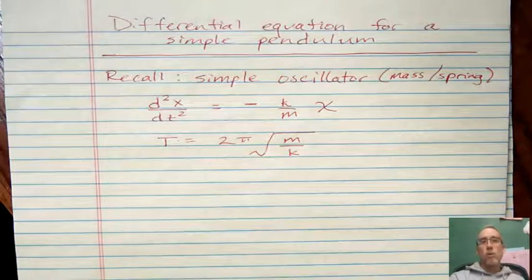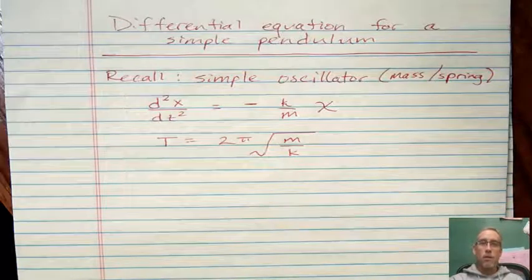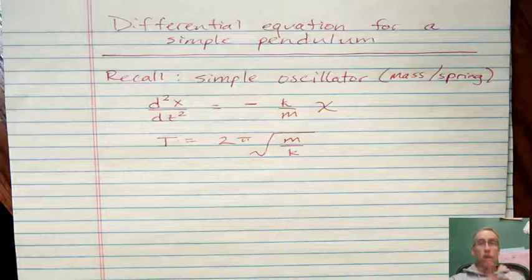But I want to refresh your memory of something you should have seen earlier about just a simple oscillator, which is a more familiar mechanical setup where you just have a mass on the end of a spring. A lot of times it's set up where the mass oscillates vertically hanging from a spring. You could also set it up where the spring mass system is kind of a horizontal thing. So there's different ways to set it up, but regardless of how it's set up, you arrive at a description